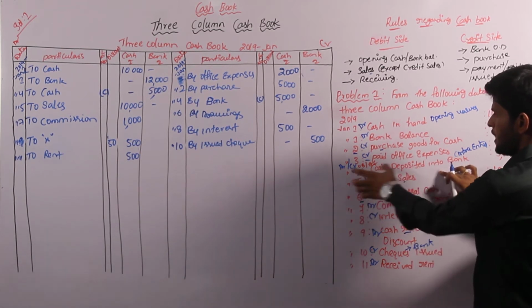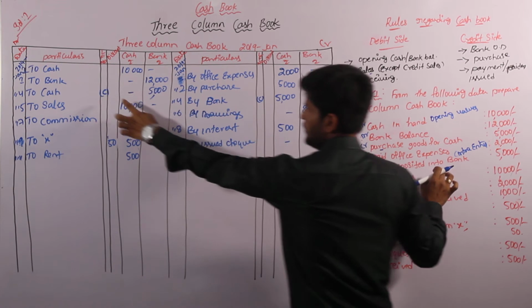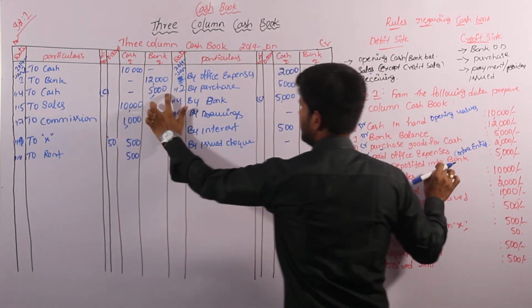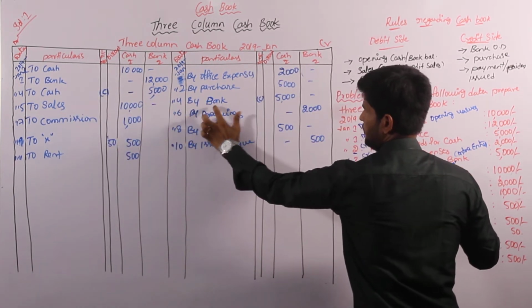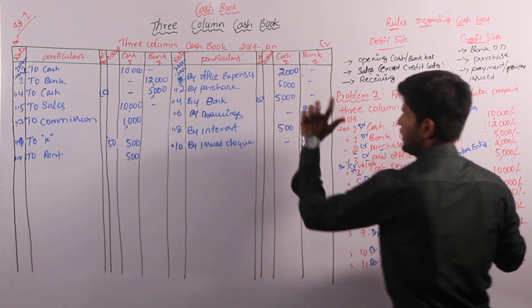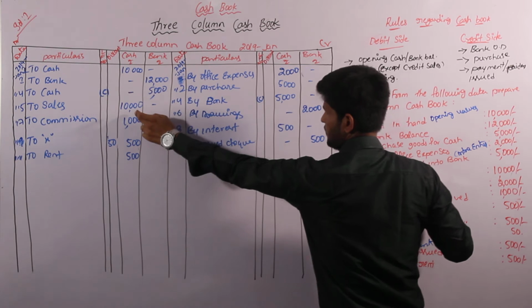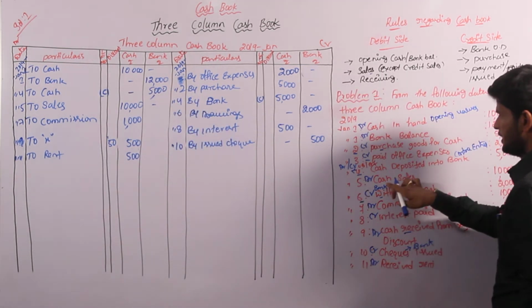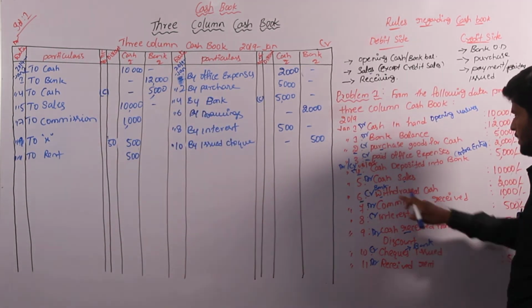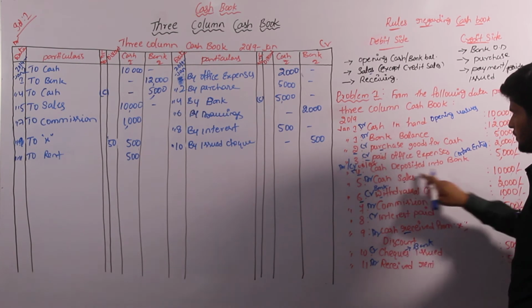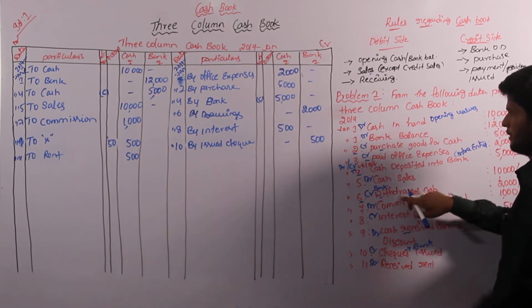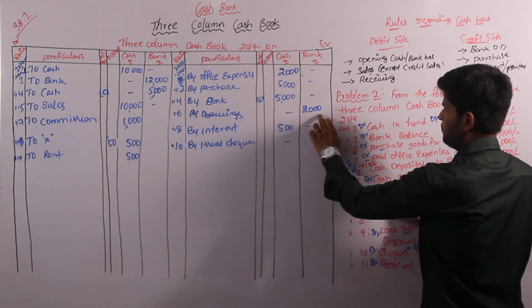A contra entry must satisfy debit and credit. Here we have the contra entry, and on the 4th we have entered in the bank column. Here we have the same thing, 4th in the bank column, and in the cash column we have entered the same amount. And next one, cash sales. Cash sales is also converted into the cash column because it is a cash-based sale, there is no cheque. Withdrawal cash has a lot of conditions. According to this rule, I am entering this value into the credit side of the bank column.